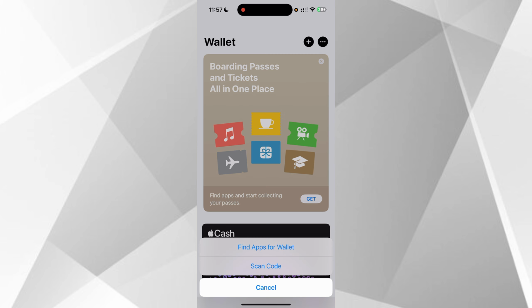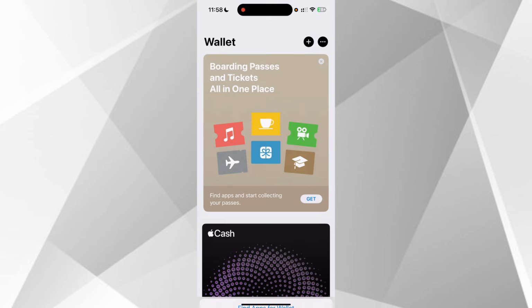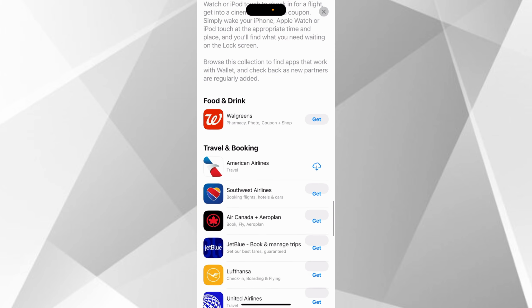Once you click on that, you will see find apps for wallet and the scan code. So if you click the scan code, just open your ticket via mail on another device, and then if you find a barcode or just simply a QR code, you can click on that one and you are going to scan it from this device. Or just click the find apps for wallet, and when you scroll down,